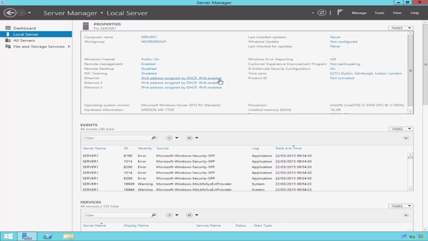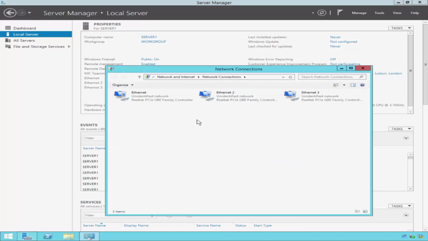IPv6 is also enabled. Let's now take a closer look at the 3 network adapters by opening Network Connections. As you can see, my 3 network adapters, Ethernet, Ethernet 2, and Ethernet 3, have all appeared listed. To view the configuration of a network adapter, simply right-click on it and select Properties, which I will do now